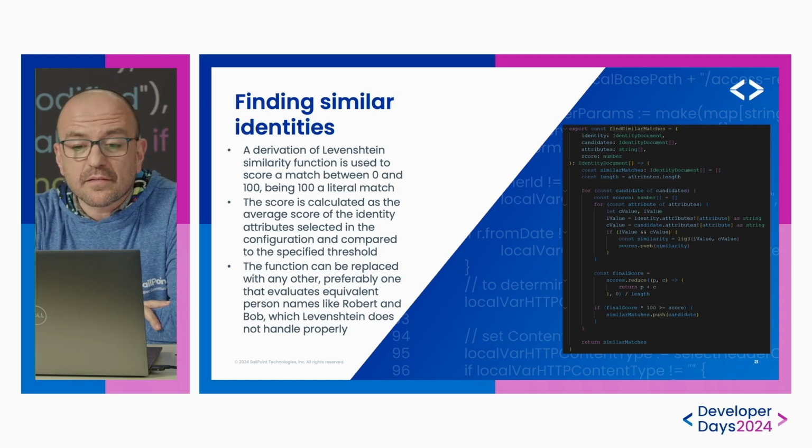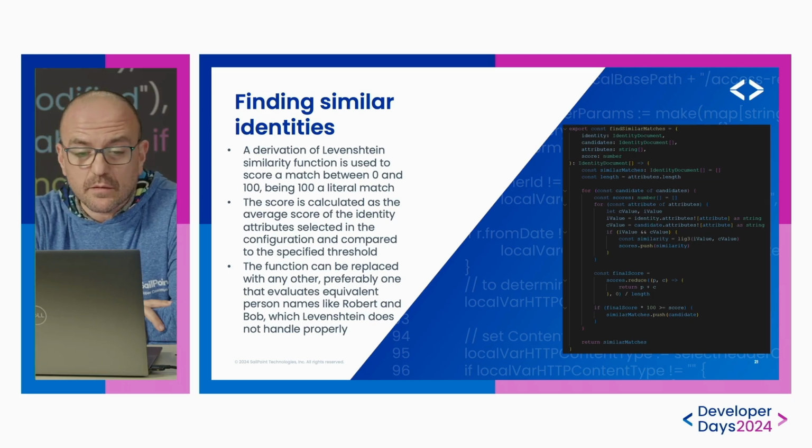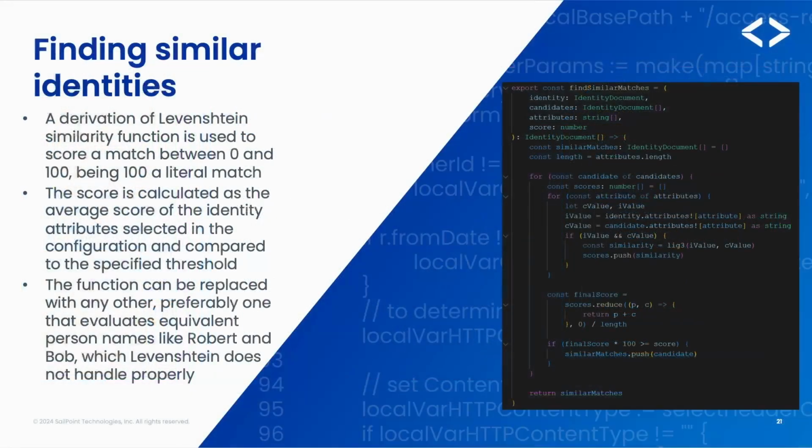First one is finding similar identities. As we said before, Levenshtein distance is not the only option or the best here. It was the lowest hanging fruit when I started building the connector. Whatever method we may want to use, it needs to support setting a group of account attributes to compare and some configurable threshold. In this case, the function goes from 0 to 100, being 0 totally different and 100 exactly